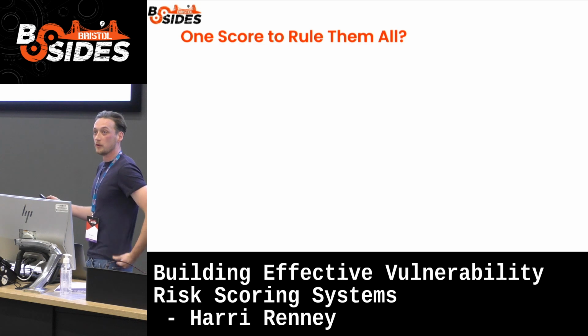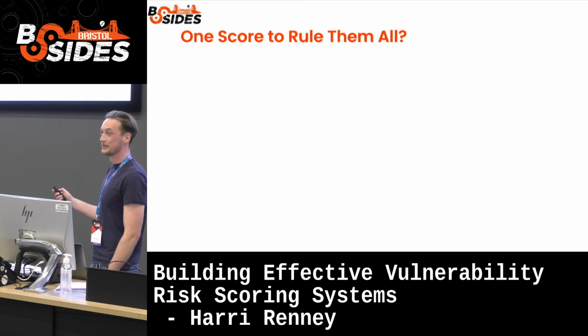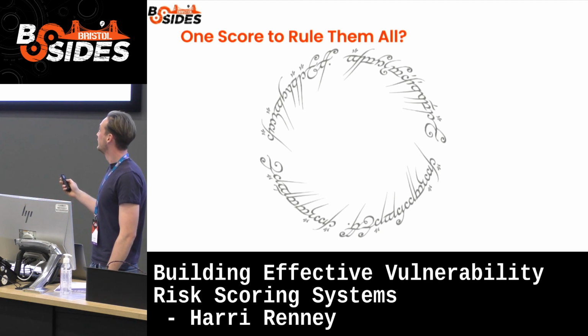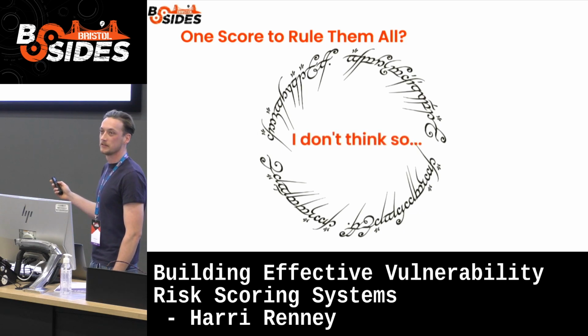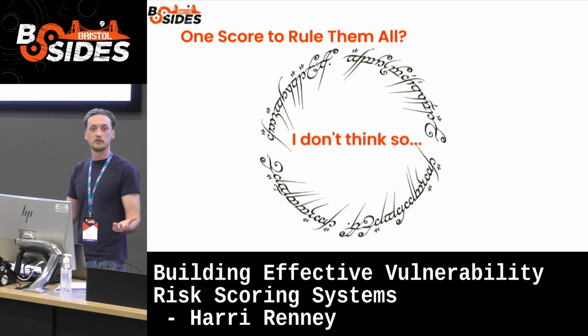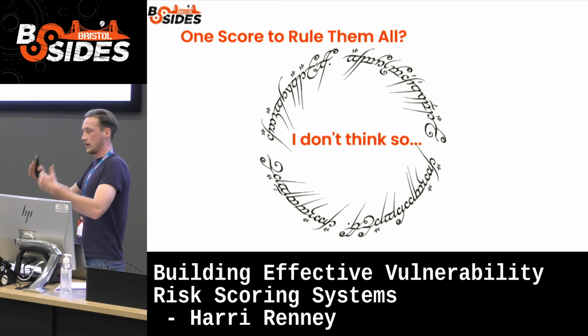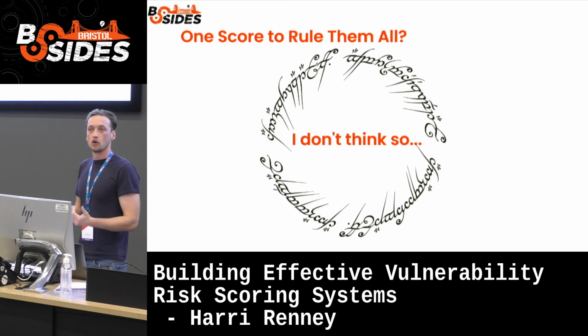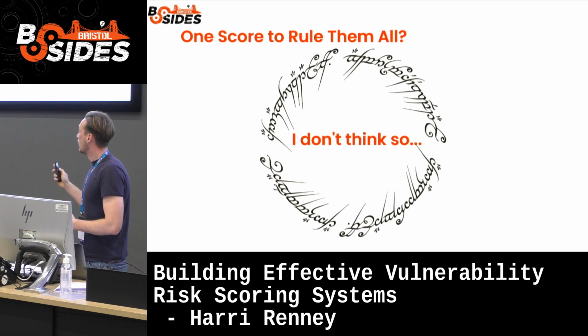So, is it one score to rule them all? Have I just told you the ultimate score? I don't think so. I'm just telling you the approach. I'm just saying you can use these weighted formulas. These are a bunch of data sources. You can use these easing functions to map to a normalized range in a shape or curve that makes sense. But obviously that's just an approach, right?